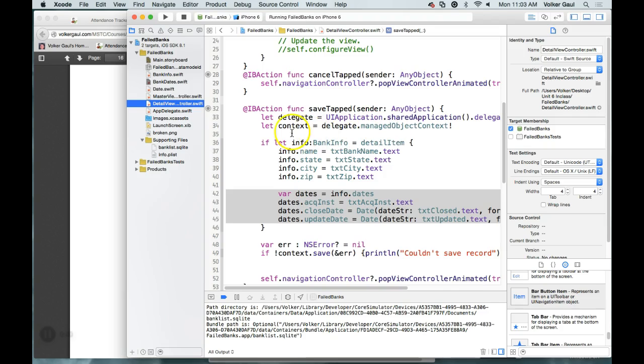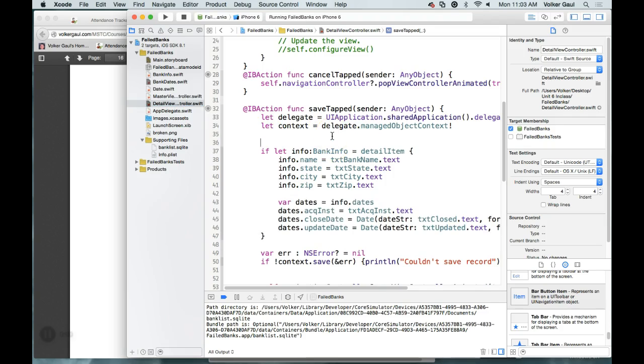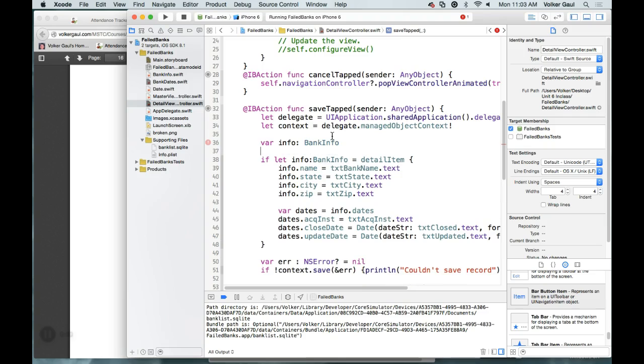So because they get defined differently, I'm going to declare them up here. I'm going to declare an info of type bank info and a dates of type bank dates, which means I can no longer define it here. At some point I think I get an error there because I'm redefining that variable. So here I now want to know, well, before I do that,